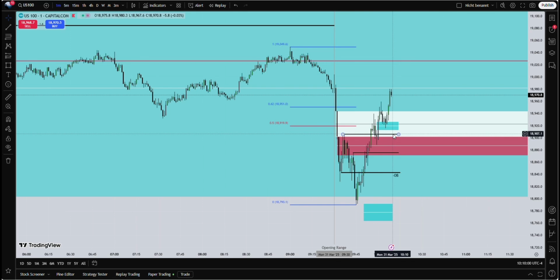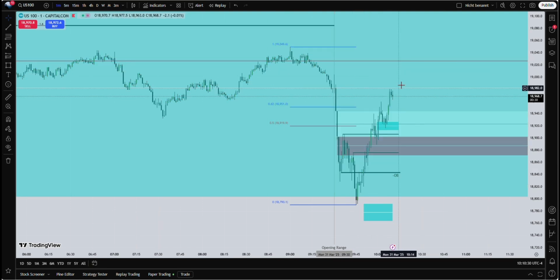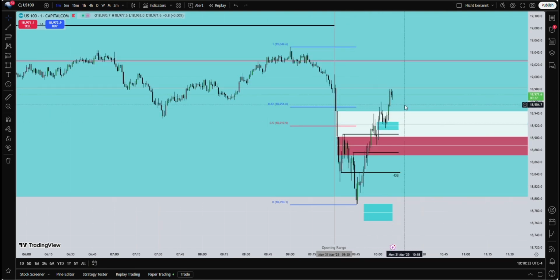So it seems like it wants to go higher and doesn't want to give us the sit up. And also very important, guys, to remember that we are inside of the London close, so 10 to 11 a.m., right, which also means that this time there's gonna be a small counter trend to the day, because as the name tells you already, it's the London close, right? So if you're smart, you know what I mean by that. So this is London close, and because of that, we know the price might do a retracement, but